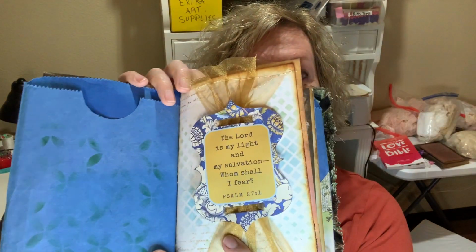Hi everybody, this is Pam with Jesus Junk Journals, and I think I have something new to show you today. I'm really excited. I'm calling them ribbon sliders, and here's one that I've put into my journal, and it's